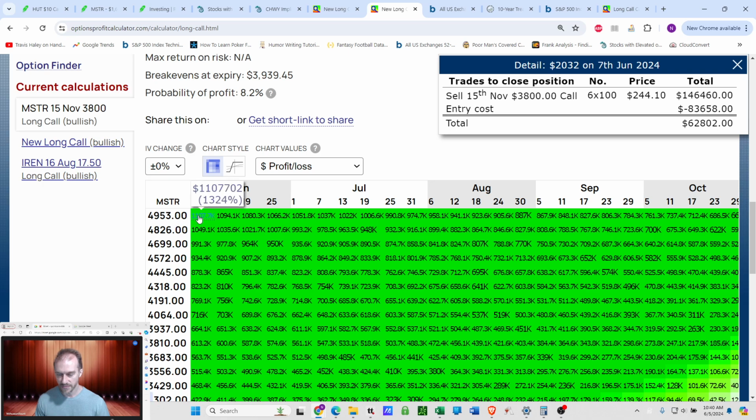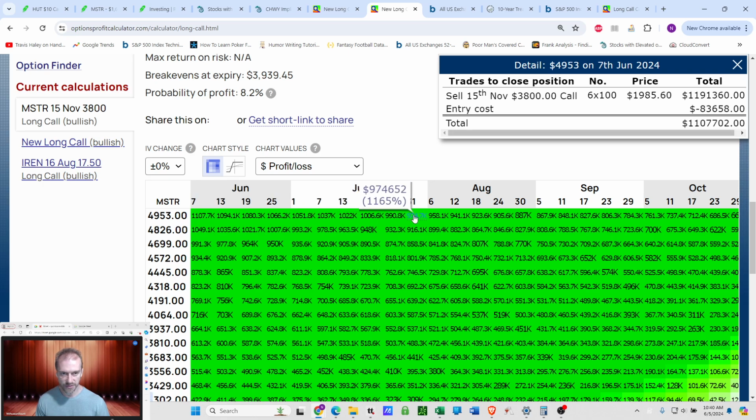But buying 6 of the cheap LEAPS, you can make $1 million. Now, this is all hypothetical, but it's just illustrating the point about maximum collateral efficiency. And even if you're not an option seller like myself, if you're just an option buyer and